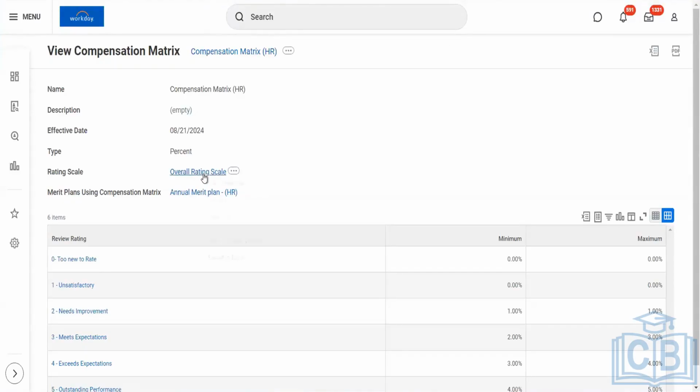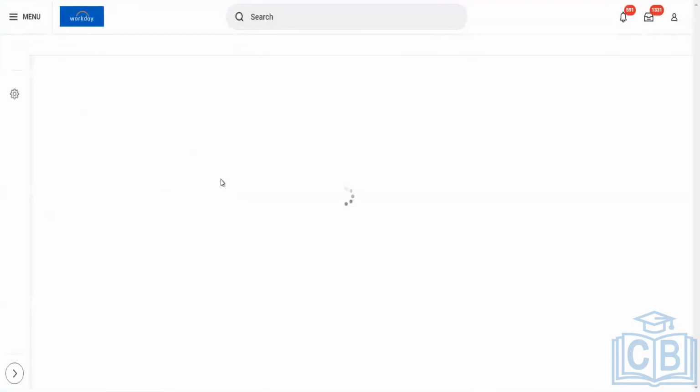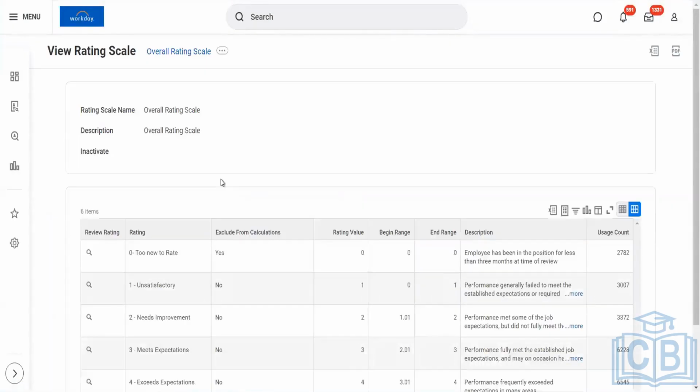Talking about the rating scale, it is up to us in whichever way we want to create the rating scale, depending on the company. You mentioned we have a 3-level rating scale. Some companies have 4 levels, some have 5 levels, some companies have a 10-level rating scale. There are different rating scales available.